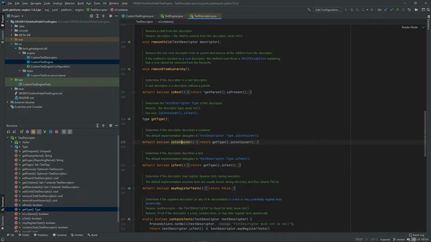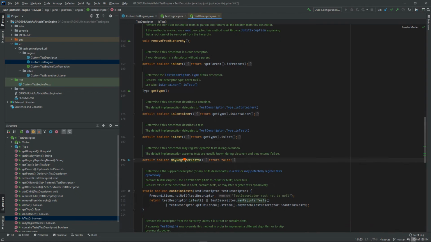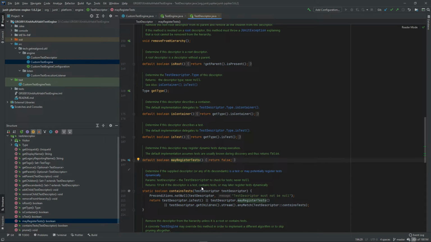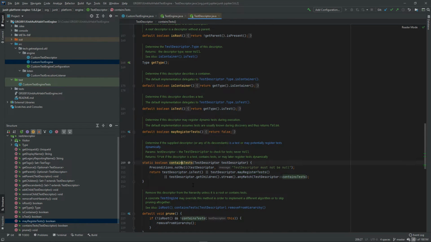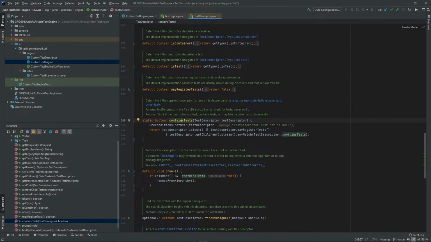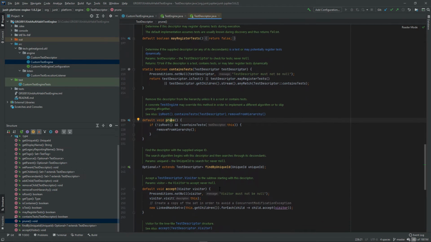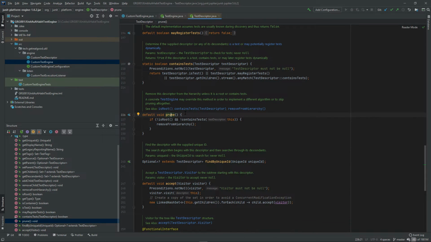Default methods is container, is test, may register tests, and this obviously refers to the ability to register dynamic tests, this particular method. Contains tests, prune, if it's a leaf, it can be pruned of the tree, find by unique ID,